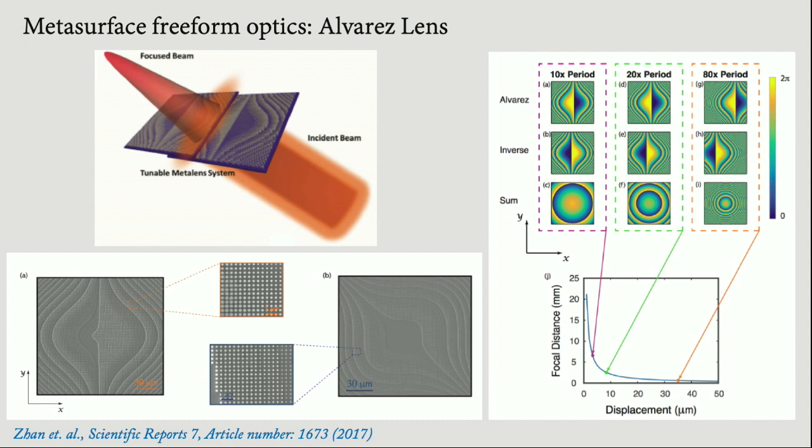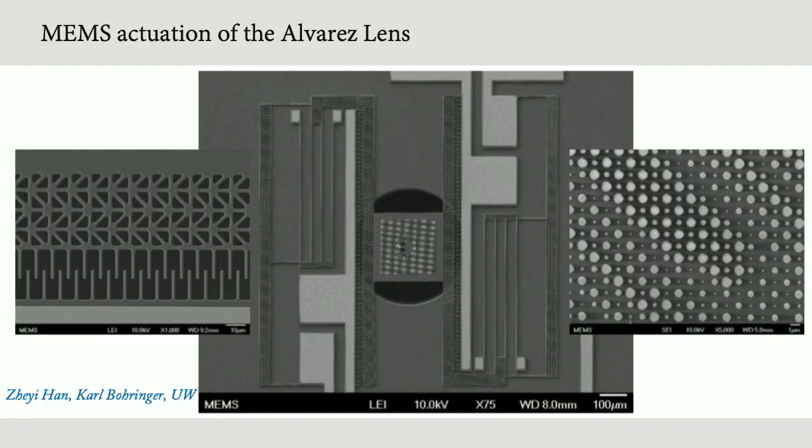You can see this is how the cubic profile looks. This is the nano scatterer. This work that we did back in like 2017, we did by manual changing. So we put these two lenses on the stages and manually changed it. Recently, in collaboration with Professor Karl Böhringer at the University of Washington, we started integrating MEMS actuators